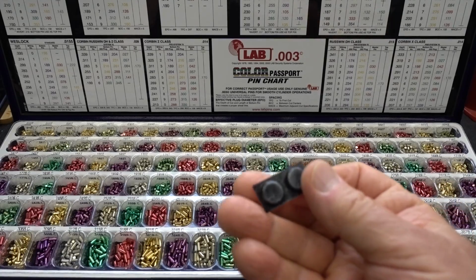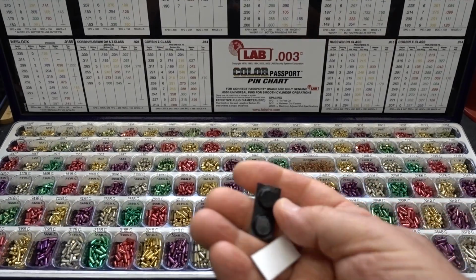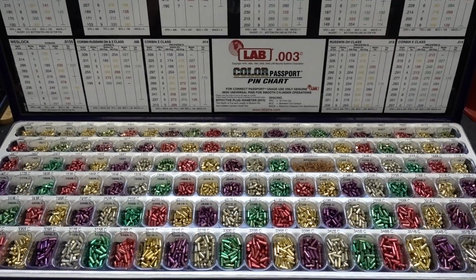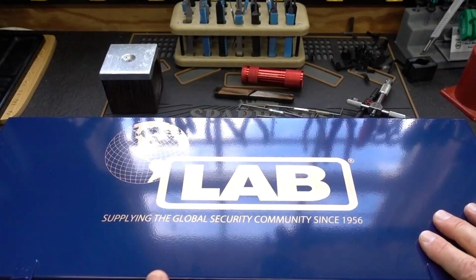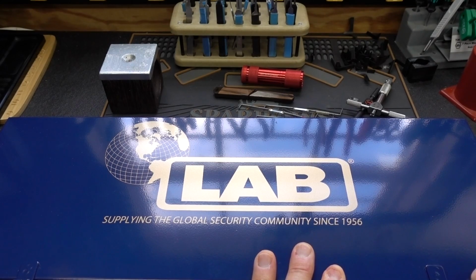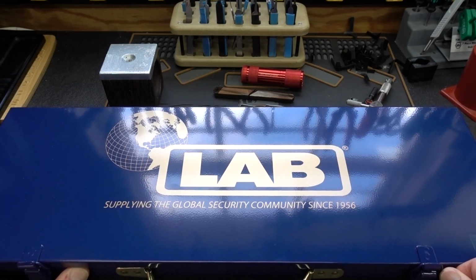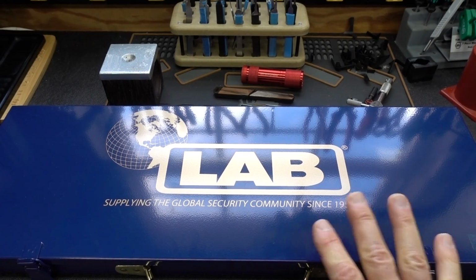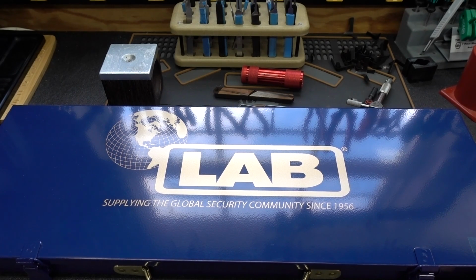Also over here, you probably wonder what that is. They just put 4 little rubber feet to put on the bottom of the case, just so it won't slip on your bench. I would urge you, with a kit this large, whenever you are not using it, keep it closed and keep the hasps tied down just to save yourself a lot of pain. Having made that mistake twice myself, I will never again leave an unsecured case on my workbench. Anyway, guys, there you go, the Classic Pro